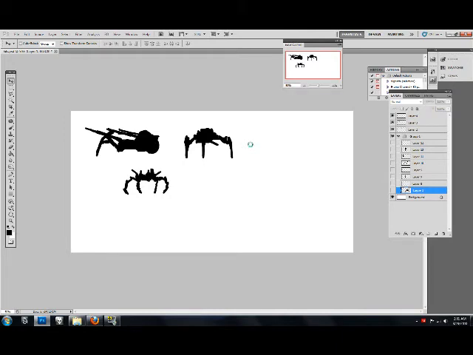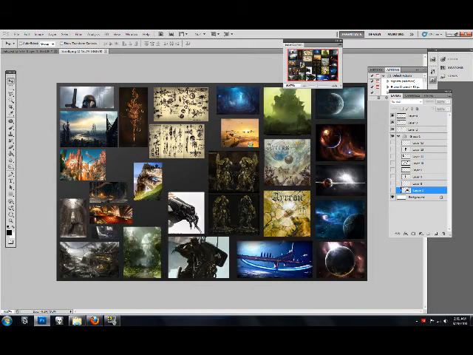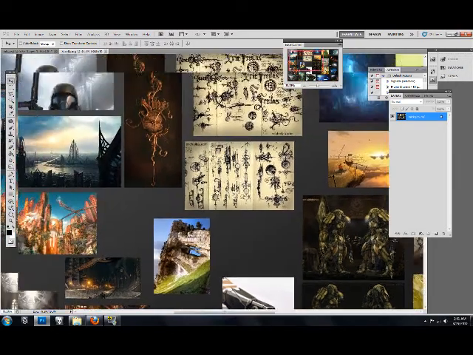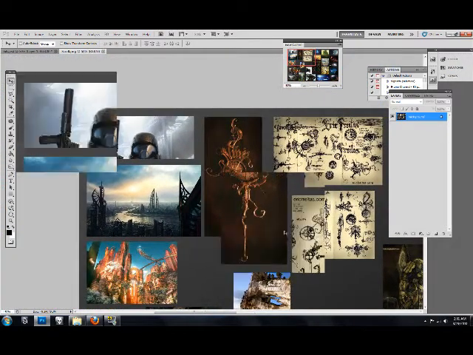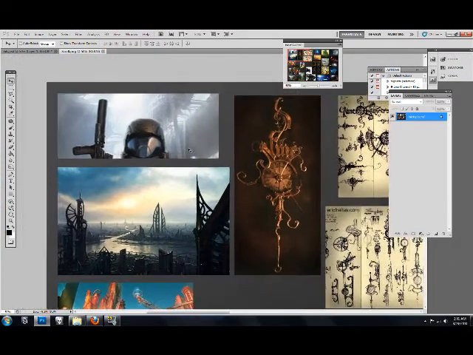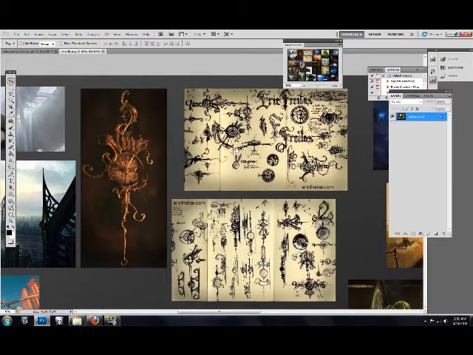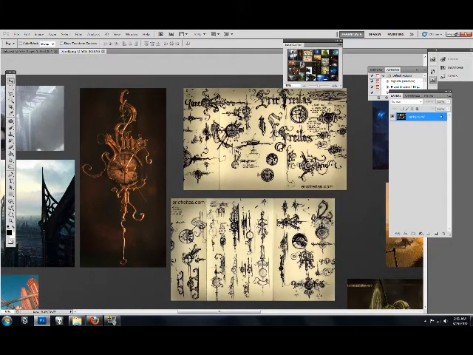So this is a sheet I had done for a project. I canceled it because it was quite a bit of work that wasn't going to get done, but I went through and started gathering reference for this project. It was going to be a cathedral-like building with this teleporter clock that is interdimensional, transports you through time,